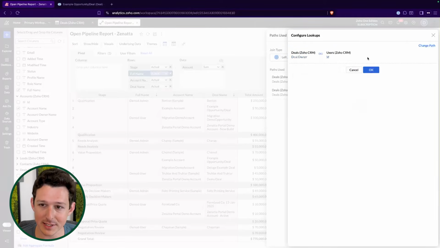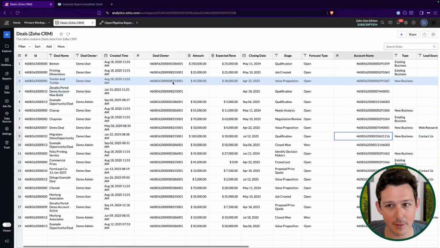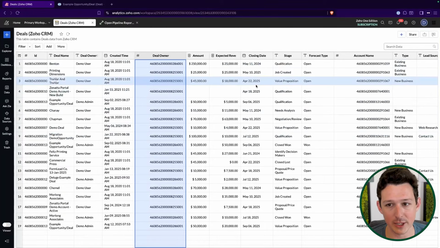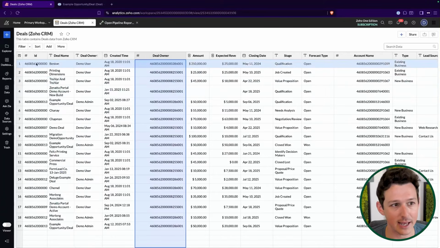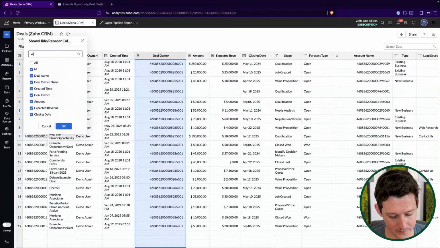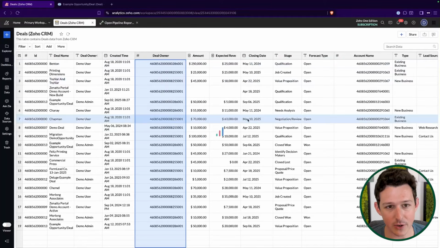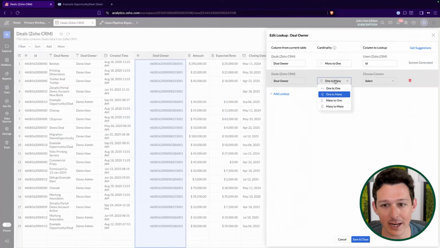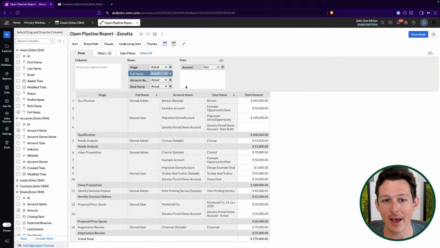Now, what you will notice is that sometimes things get a little bit wonky. Inside of my deal record, for example, if I right-click on deal owner, we have edit lookup information. And if I right-click on, let's see, our created by ID, which must be hidden here, it looks like we just don't have that pulling in. So you will see scenarios where when you click here, there is no lookup configured. In that case, you'll just need to add a lookup,